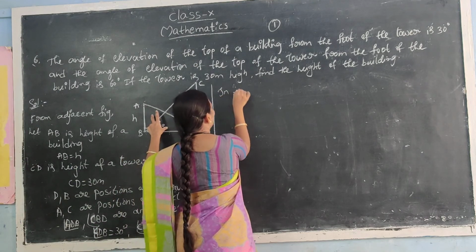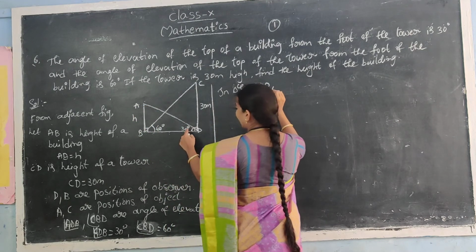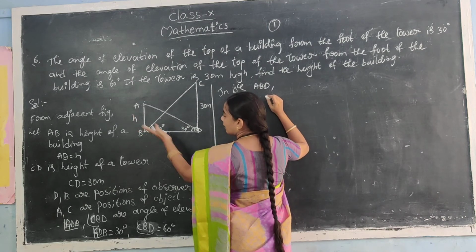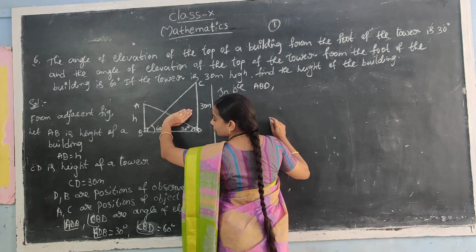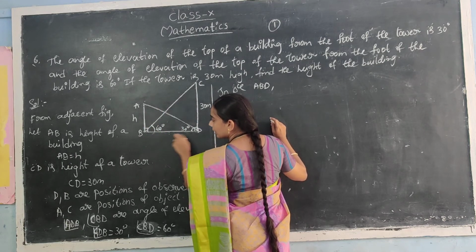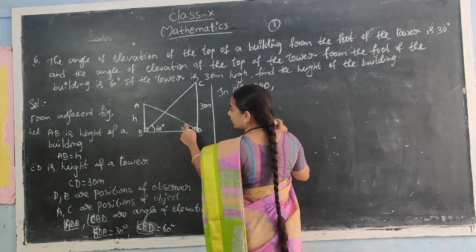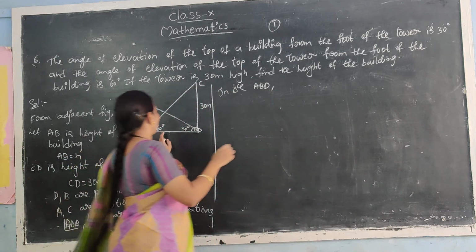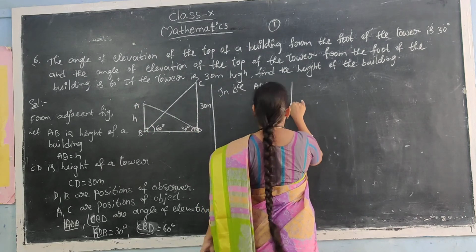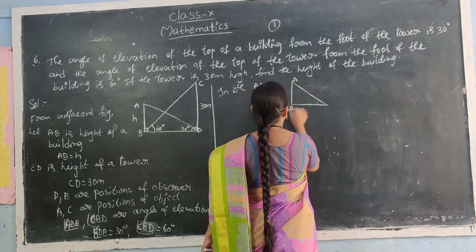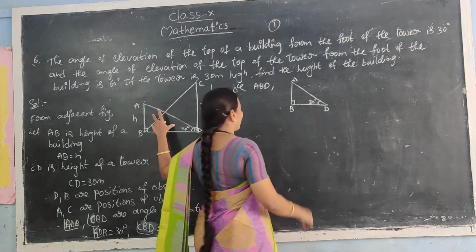So that is triangle ABD. Through this angle, this is opposite and this is adjacent. Why are you taking the adjacent side? This is one triangle and this is another triangle. In both the triangles, the common side is the base, so I have to take this adjacent. So here the angle is 30 degrees. We are separating this part here.